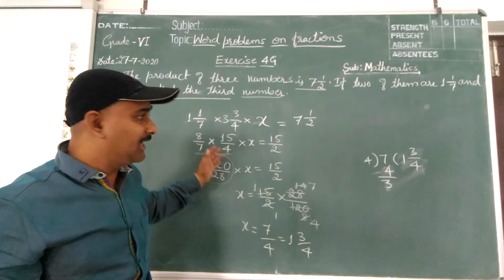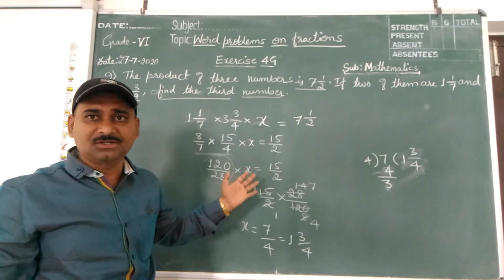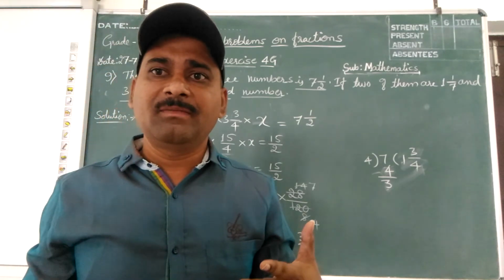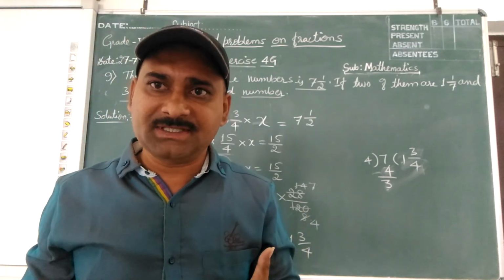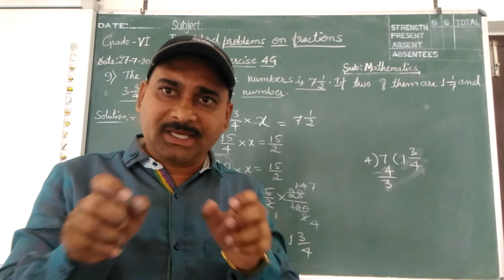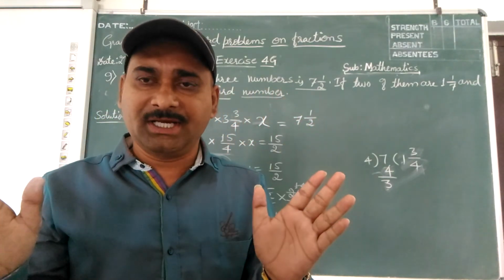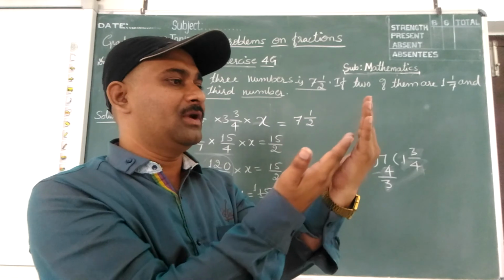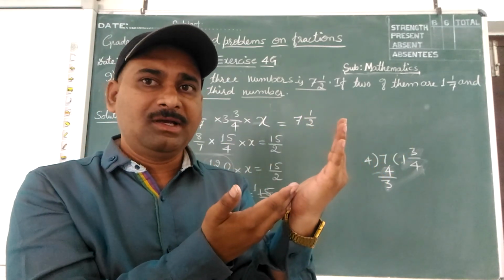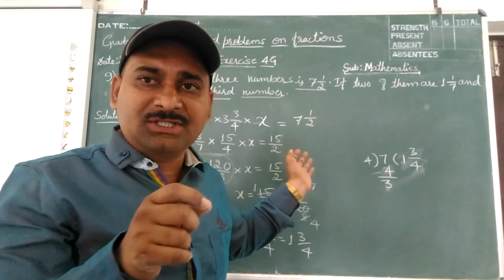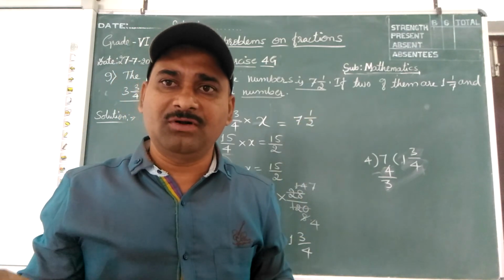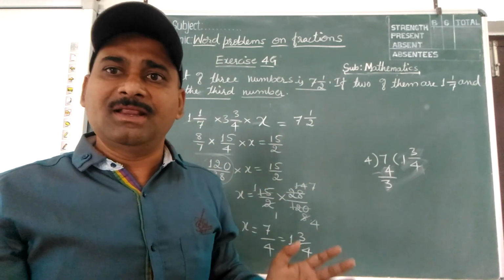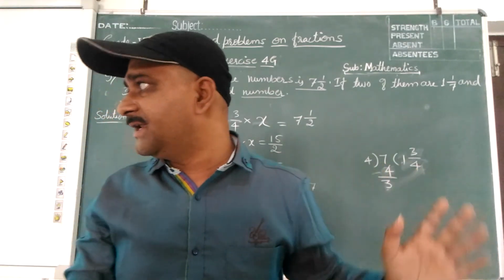Children, this is the end of this exercise 4G. Almost all solutions are done by me, explained by me, and videos are sent. Please watch them repeatedly. Kind request: if you have not understood, once again click on the link, watch it again and look at the steps. Both should be done at a time, listening and looking at the steps. And practice these solutions minimum 2 to 3 times in your rough notebook. Then only you will feel these solutions very easy. Okay, thank you.